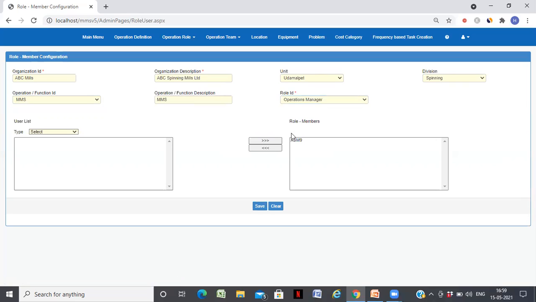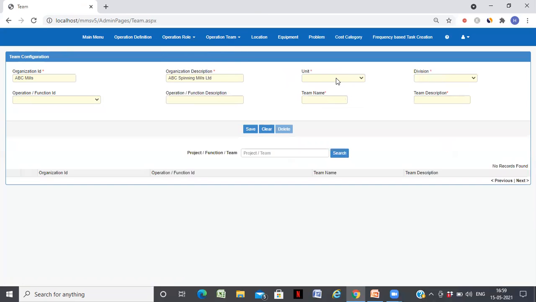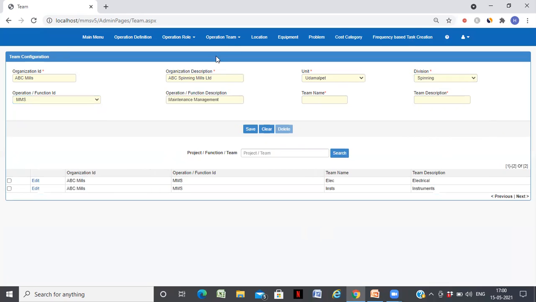You can see this person has been configured for operations manager. Similarly, you can configure these as the primary contacts and so on. And you also have a team. The team could be instrument or electrical, the technicians who are actually executing the work orders. I have created electrical and instruments.